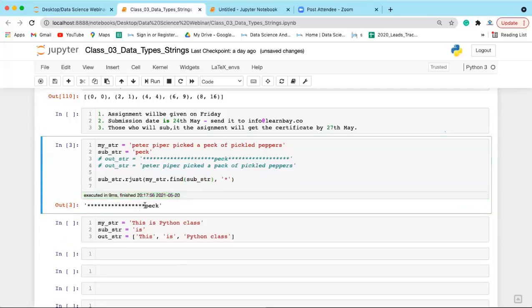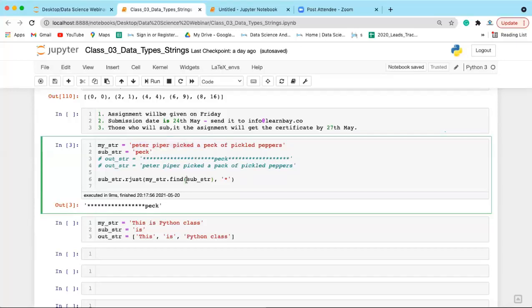You will get these stars in the beginning, right? So what it did: first we executed my_str.find, and we got the index of this p. Let's say the index of this p is 29. So there are 29 characters before this p.